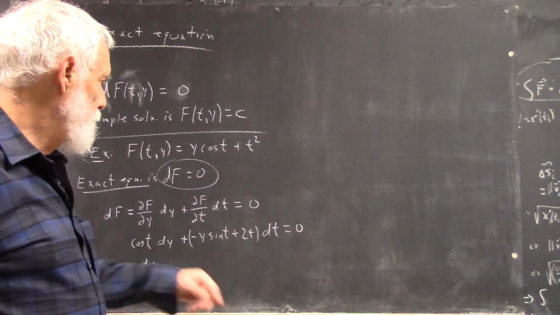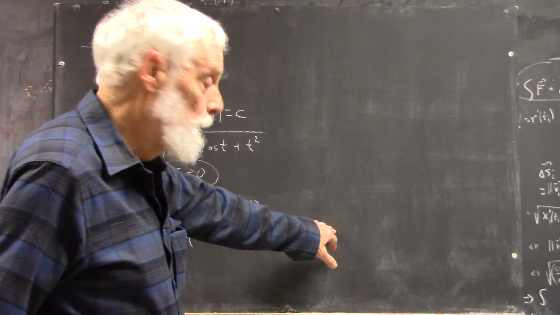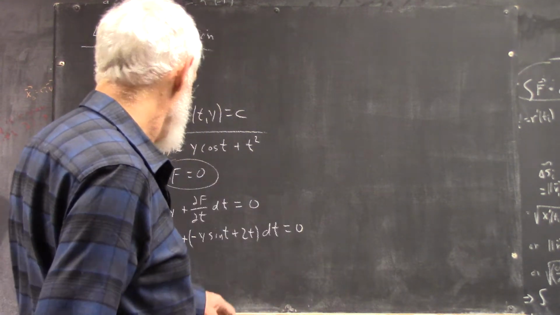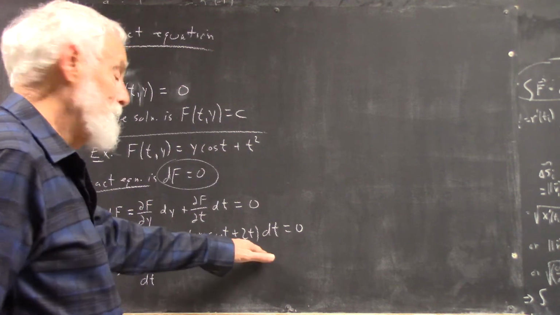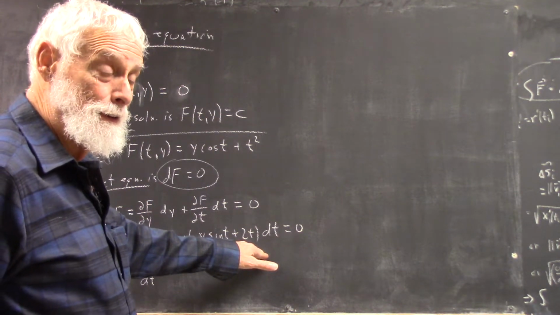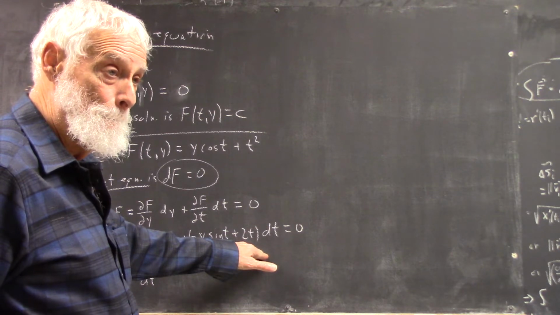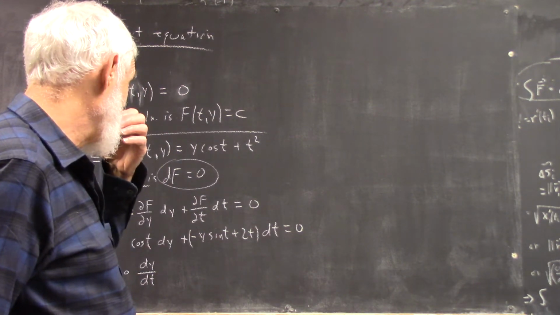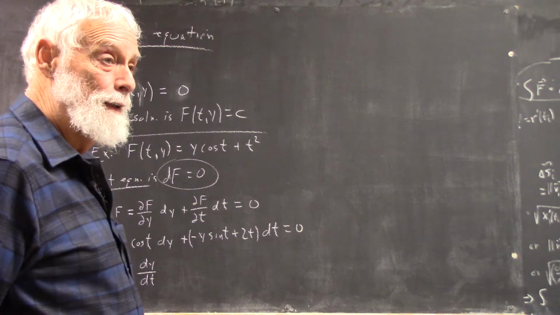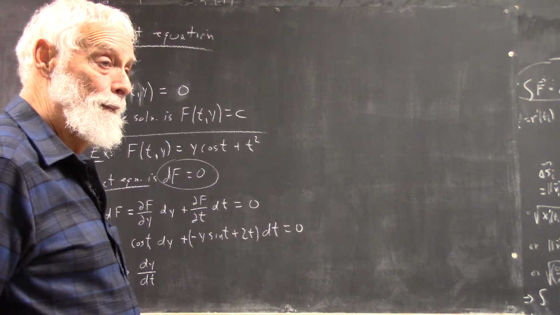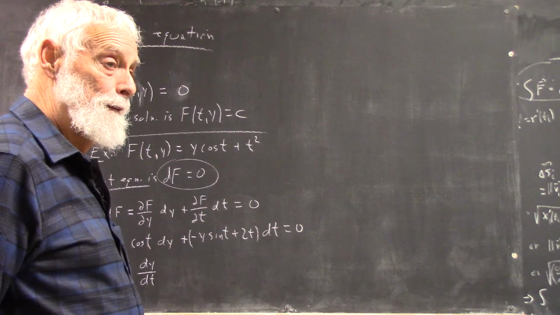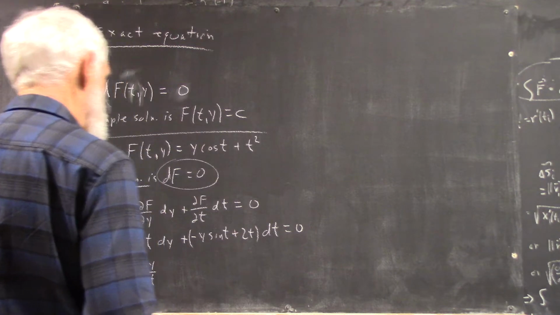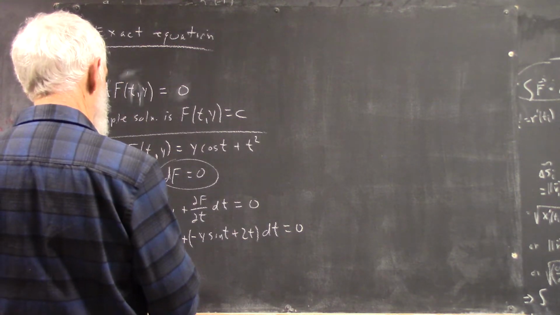But treating dy and dt as algebraic quantities, you just put this term over here and then divide this by the negative of this, basically, okay? Does that make sense? Can we do that? So we treat it as a separable equation? Oh, it's not separable. We get dy, well,